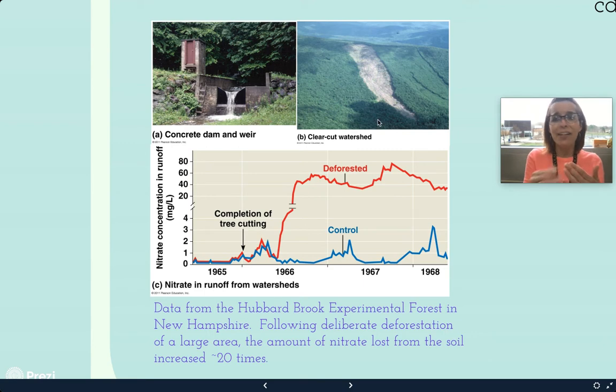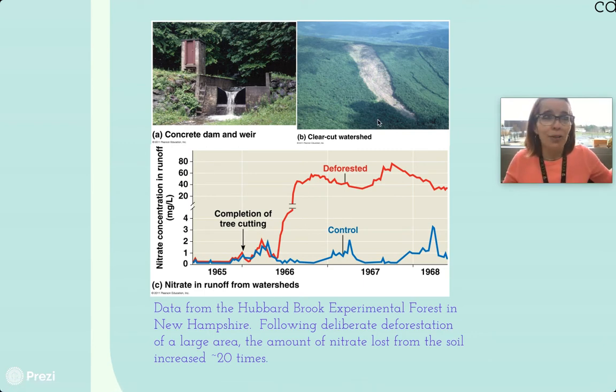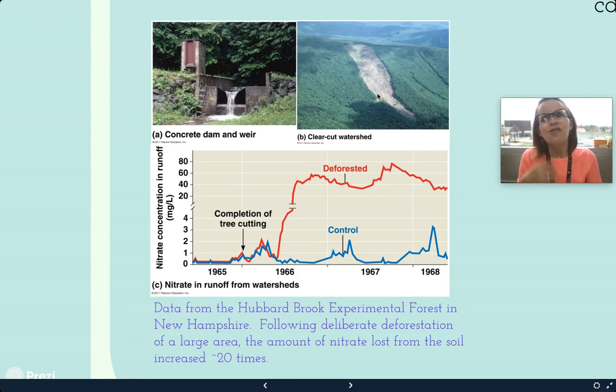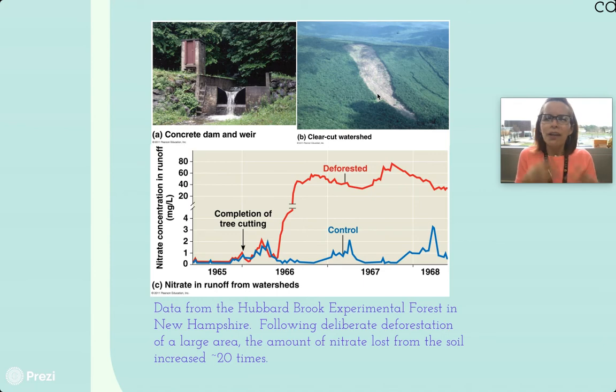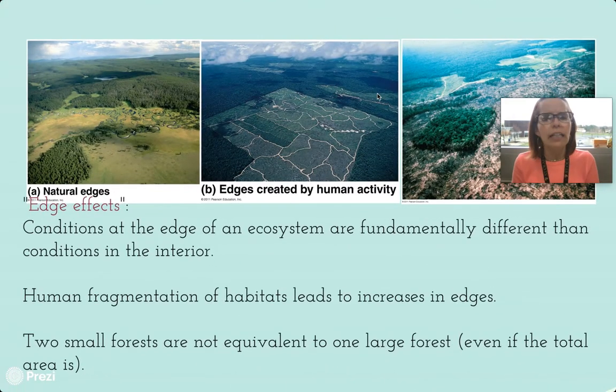The nitrates are things that new plants could use to grow. But because they're getting washed away, now this land is void of good nutrients. So even if you try to replant it, plants aren't going to grow very well there initially because it's void of nutrients. The nutrients washed away with the rain. There were no plants to hold on to the nutrients. The forest and plants keep the nutrients in the soil and keep them from washing away. And so clear cutting a forest can be devastating to a particular ecosystem.